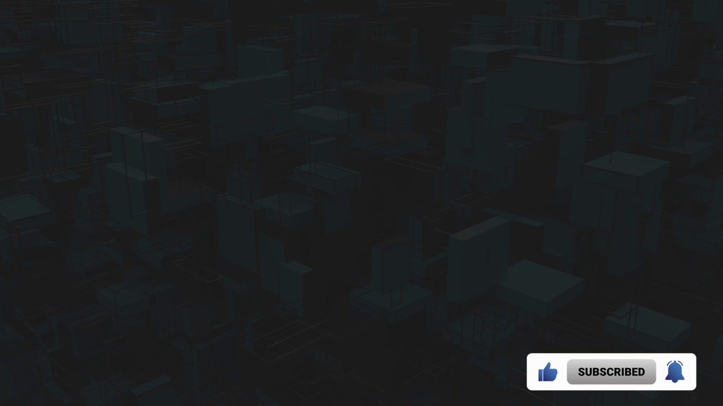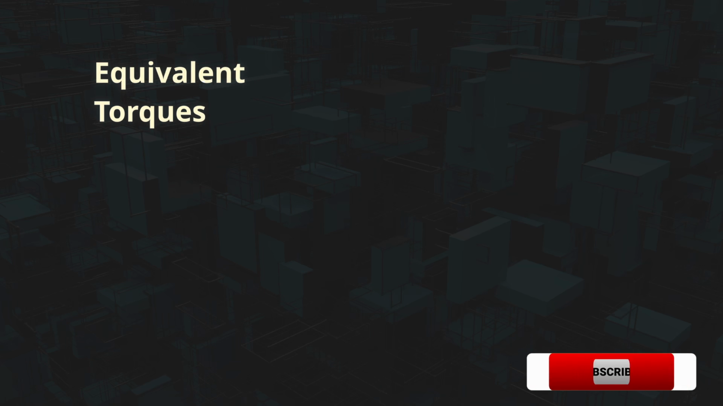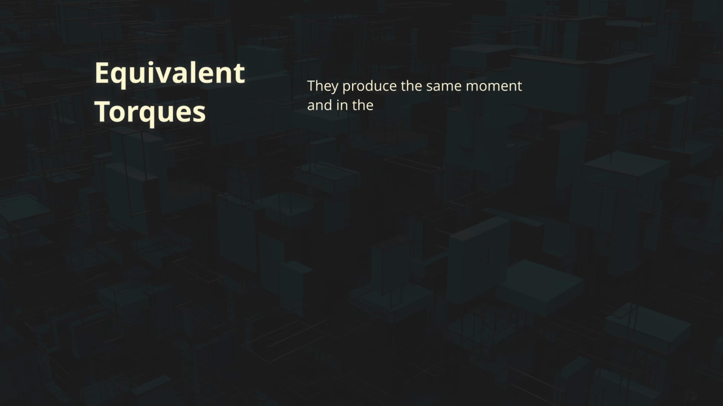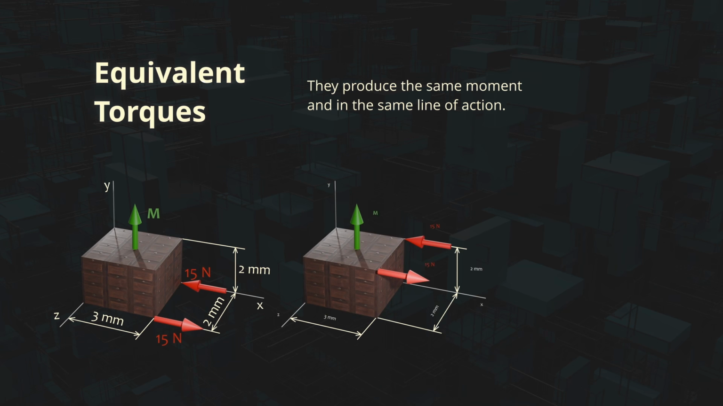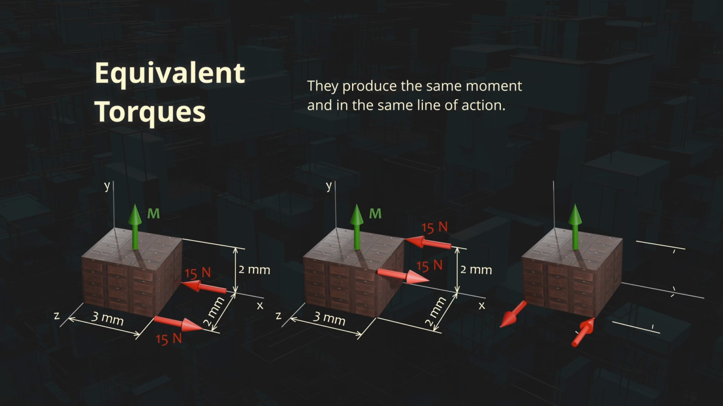Two torques are considered equivalent if they produce the same moment and the same line of action. In other words, two equivalent torques can be exchanged without affecting the rotational effect on the rigid body. The equivalence of torques is an important property that allows us to simplify the analysis of force and moment systems